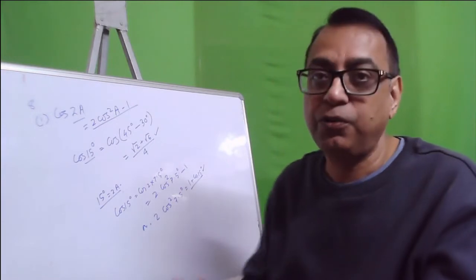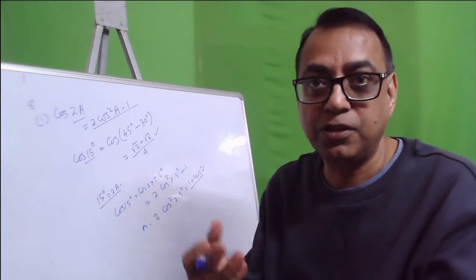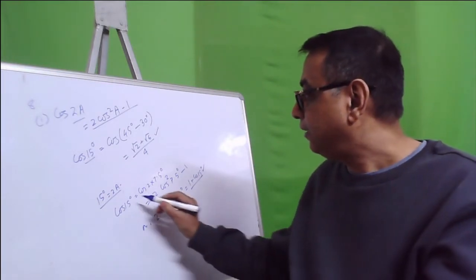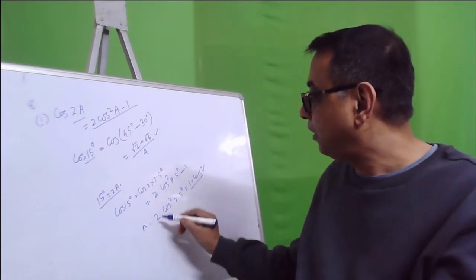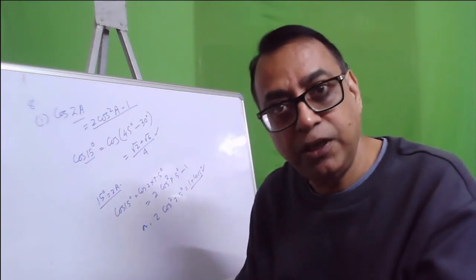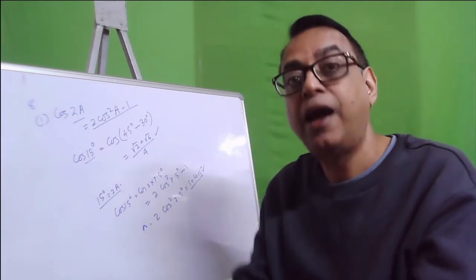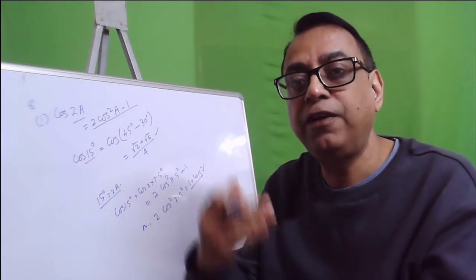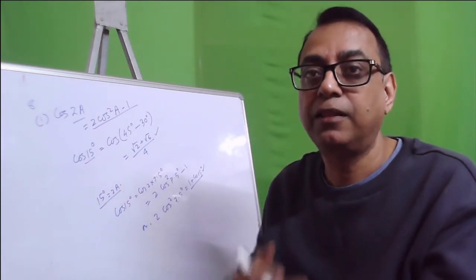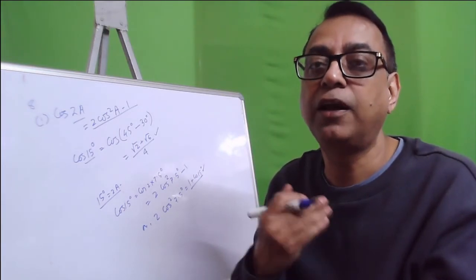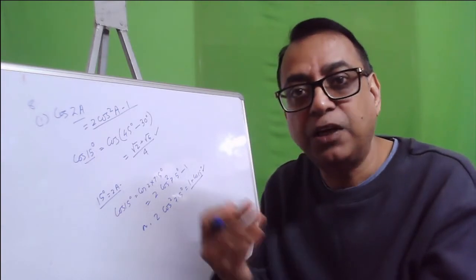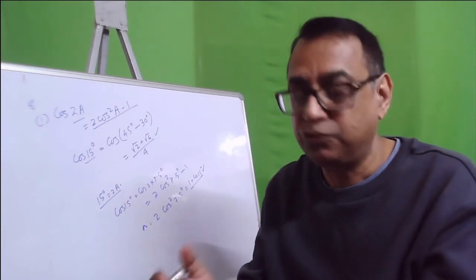But you have to use a calculator to find out, because there will be a lot of roots and things involved. So again what you can do is, then 7.5 degree you can take as 2A and again find out half of that angle. So that way we can find out an indefinite number of angles, and that is very useful. Then you can find out any angle values up to plus minus 0.5 degree and so on.